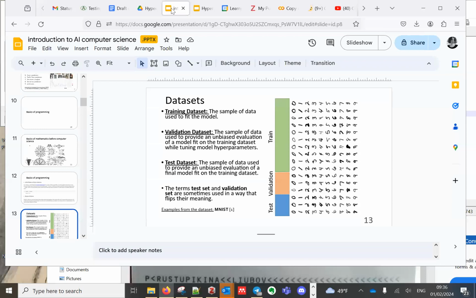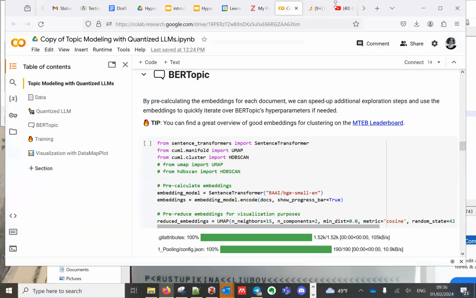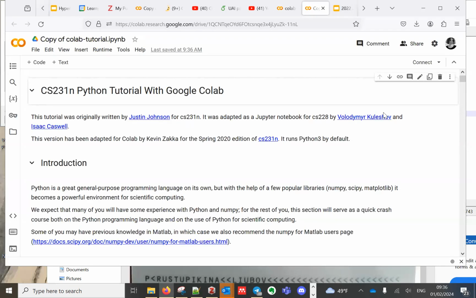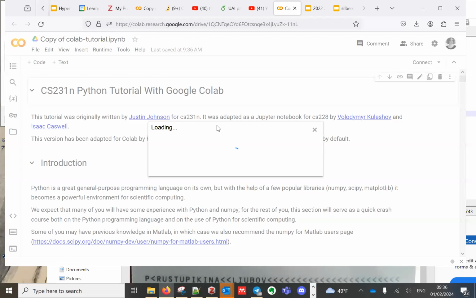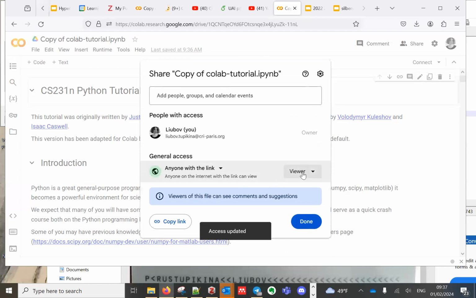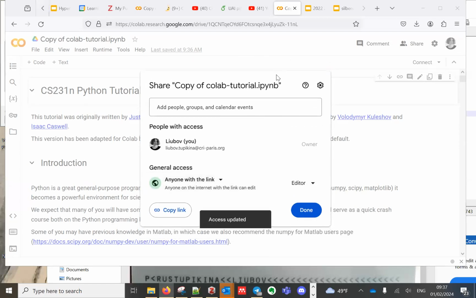And I will send you this link to the Colab. I don't know if you have ever used it. Maybe you can tell me if you have used it, or if you have not used it, it's fine. So we all will be able to use the Colab, and I will try to share it with you so that we will all be able to try it, and you will be able to run this notebook and try it yourself as an introduction class.